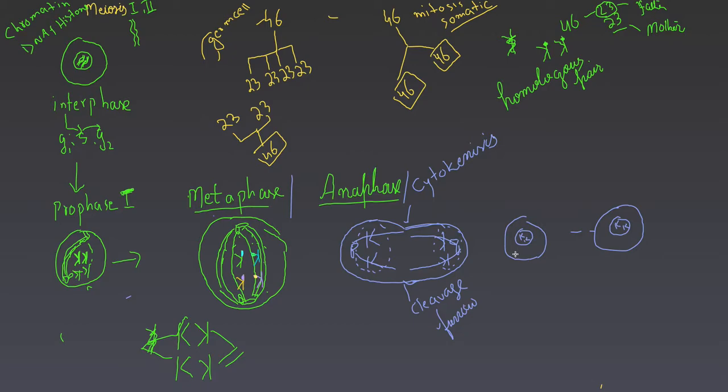So you start off with 4 right over here. Then here is this 1, 2, 3, 4. You detach themselves. So now you have 2. Now meiosis 1 is finished. Now we are ready to enter meiosis 2, and meiosis 2 is identical to mitosis, because